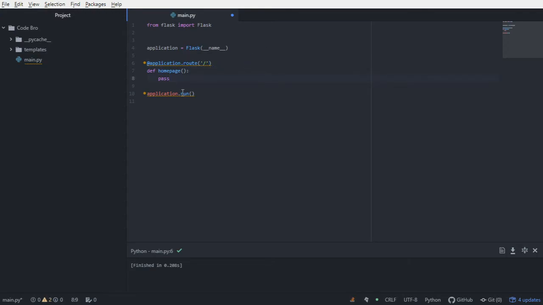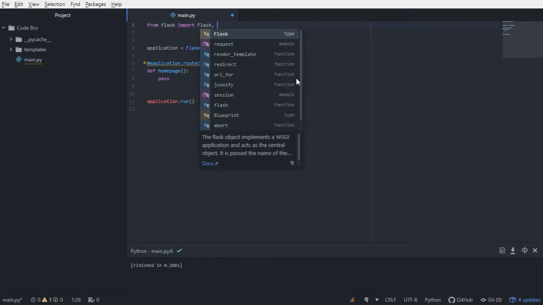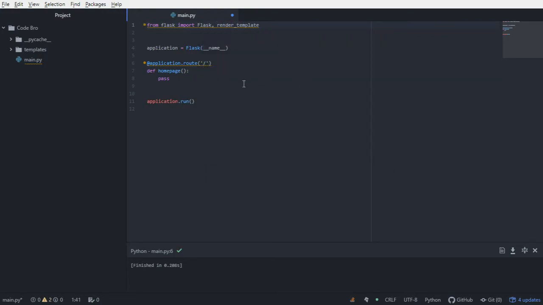Now we need to render some content to be displayed when we arrive at the home page. The home page being the localhost on the default port, localhost port 5000. To do that, I'm going to import render_template from Flask. And now in the home page function, I'm going to return render_template and then the template that we just created,